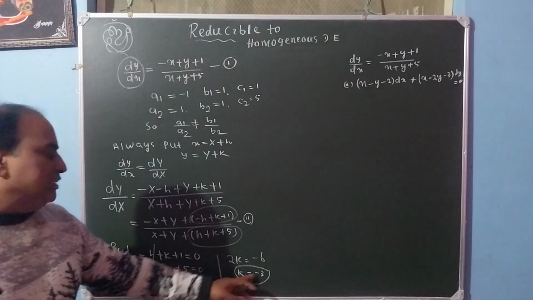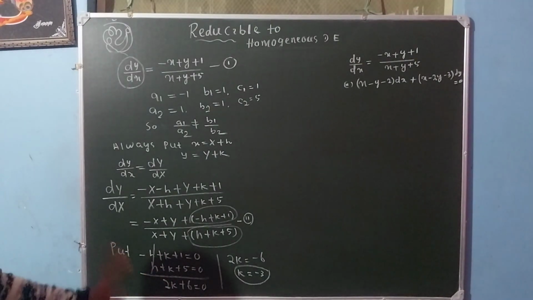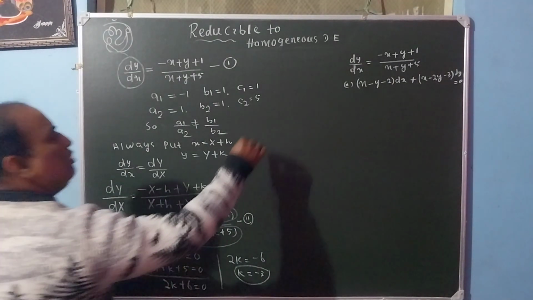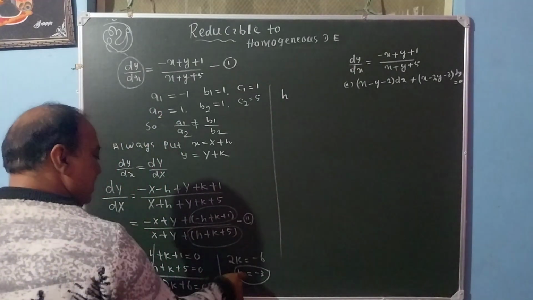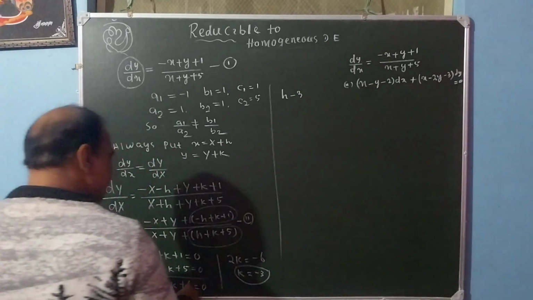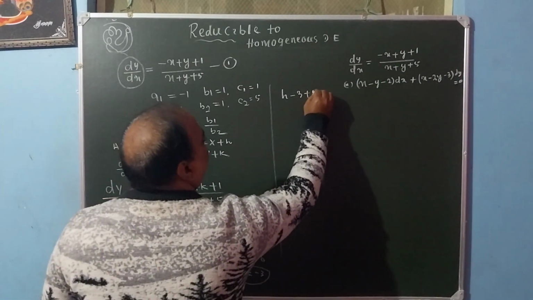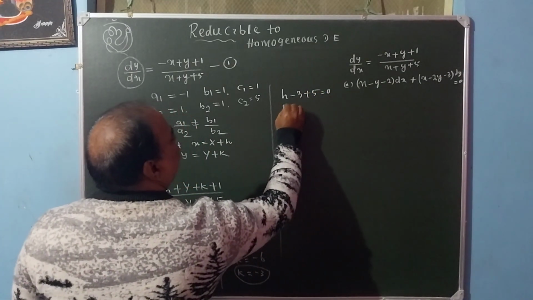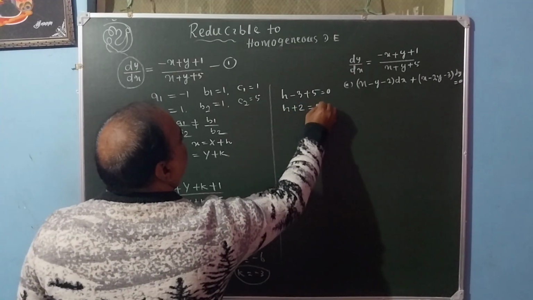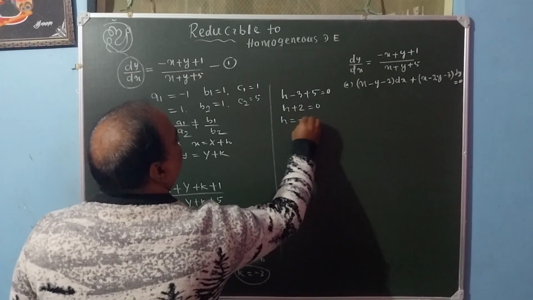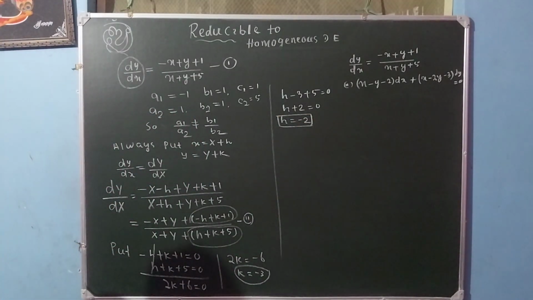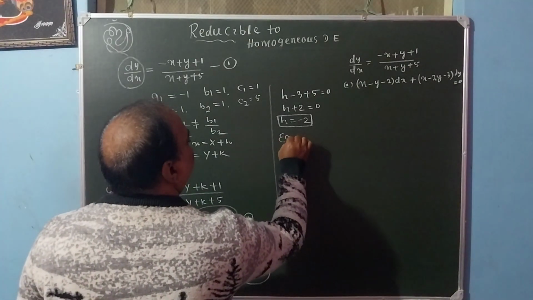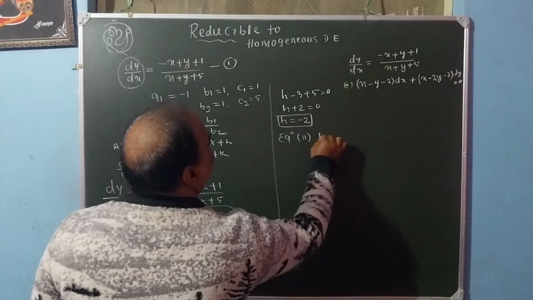When you put k is equal to minus 3 in any equation, we get the value of h. So in place of k, put minus 3: h minus 3 plus 5 is equal to 0. So h plus 2 is equal to 0, h is equal to minus 2. The values of h and k have come out. So now equation 2 becomes